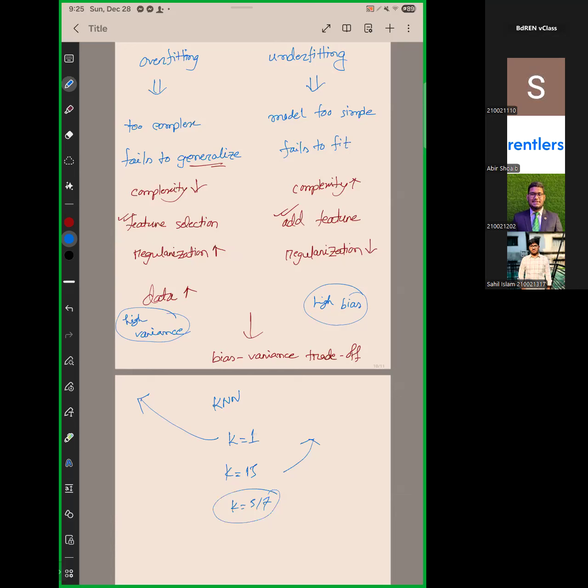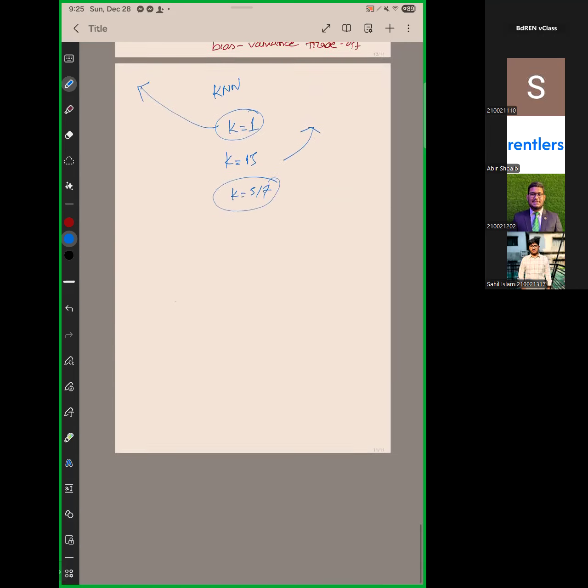Now for this one, k is equals to 1, you cannot say it is actually overfitting. No, it is not overfitting actually. It is just high variance. These are not the same thing. Overfitting and high variance is not the same thing, বাট মোটামুটি কাছাকাছি ইউজ করার মতো দুইটা ওয়ার্ড, বাট নট এক্স্যাক্টলি দ্য সেম থিং। ওকে, আচ্ছা।